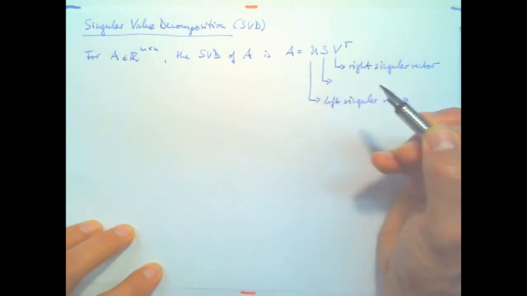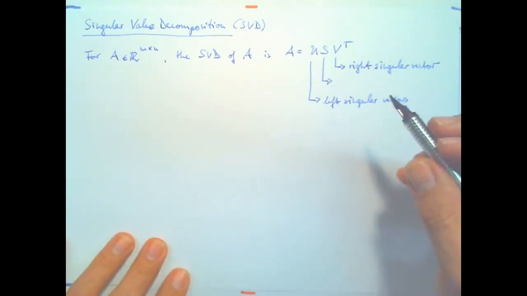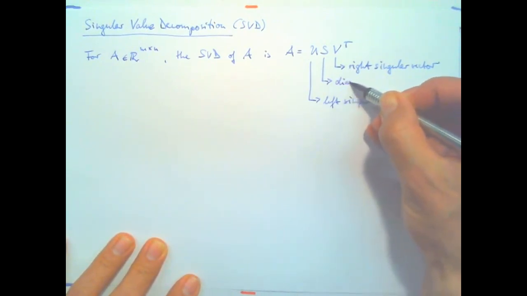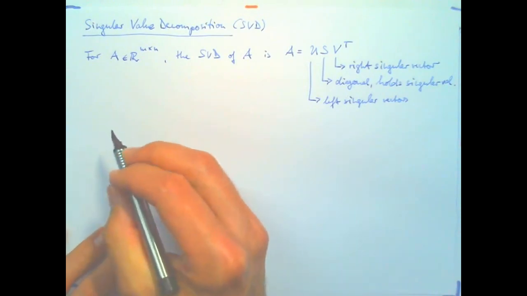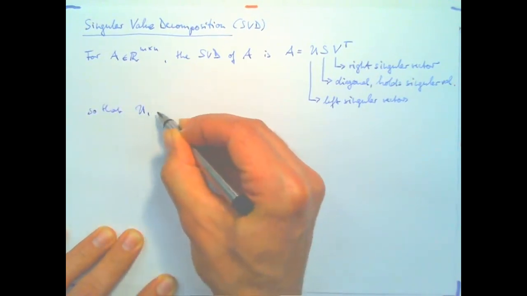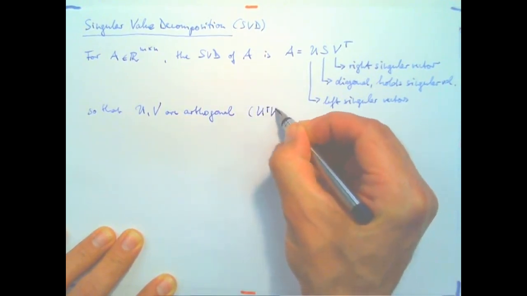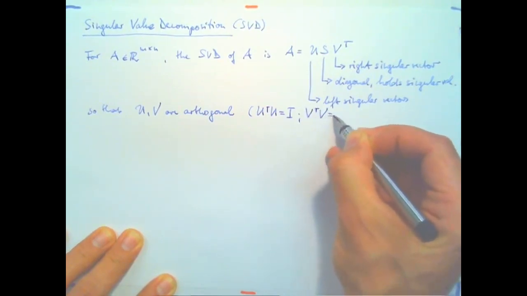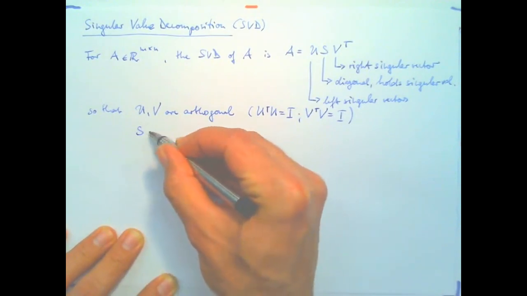And these are related to the range and to the row space of the matrix. And S is a diagonal matrix, and it holds the so-called singular values. And U and V are orthogonal. So U transpose U is the identity matrix, and V transpose V is the identity matrix of a different dimension. And this matrix S, which is also sometimes called sigma,